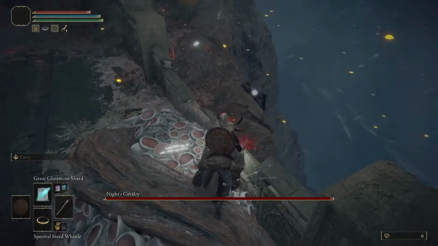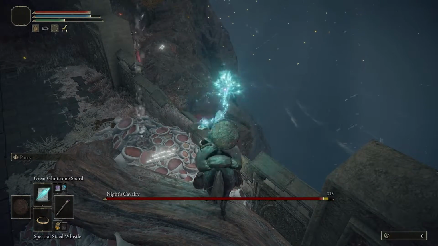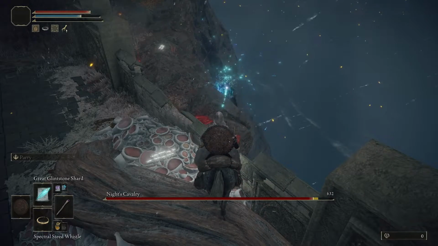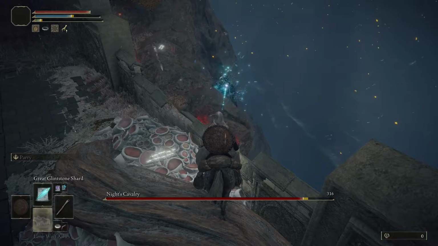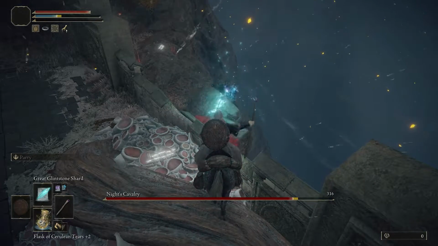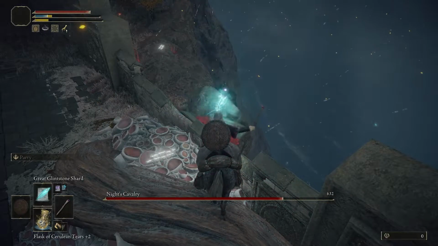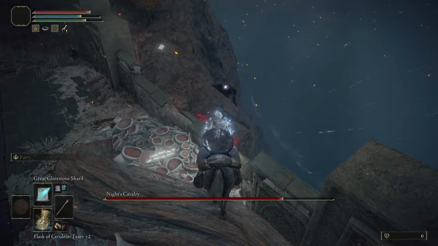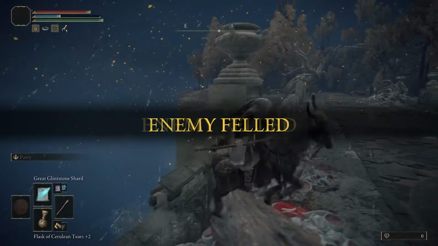Now, if you're not a ranged character like my sorcerer here, and you don't really have anything to pester him with, you can just walk around up here on the stone walkway, the stone wall, or just above him on the stones above, and he should try to attack you some more, and then he'll fall the rest of the way to his death. Otherwise, if you're like me, you can just slowly start to pick him away until he's